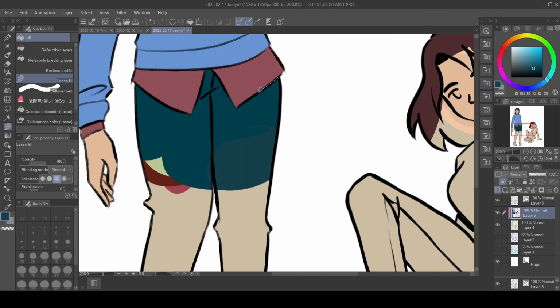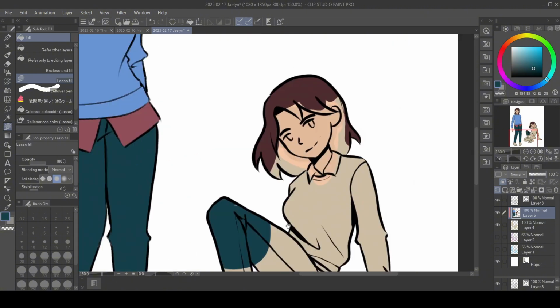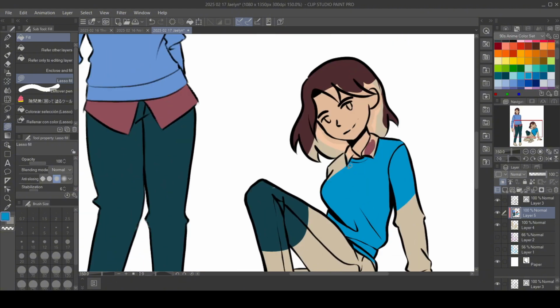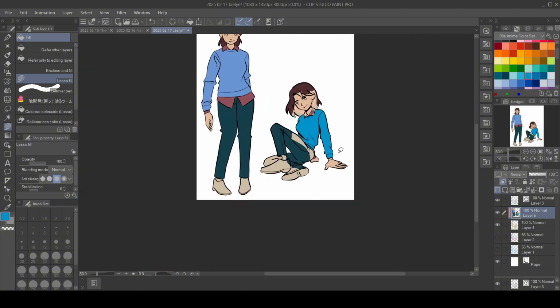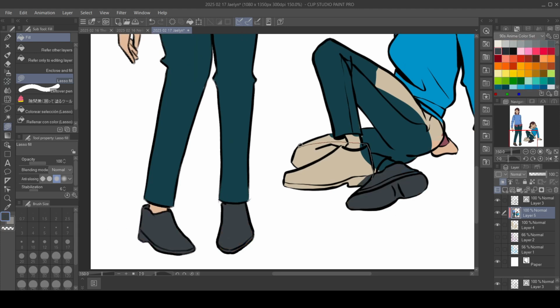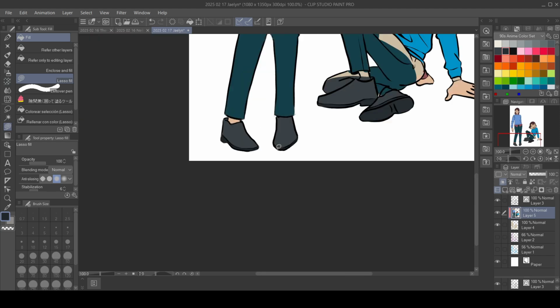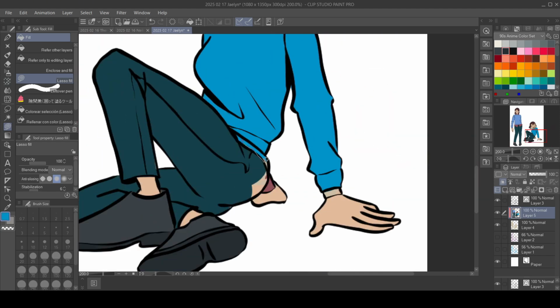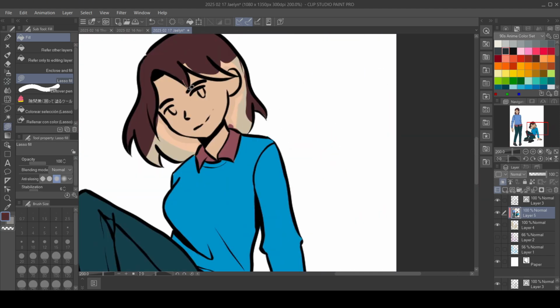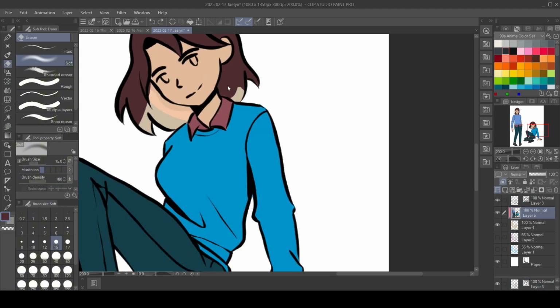I could change it, but I don't think I want to. I think she looks cute. I like her brown hair and her little bob, even though normally I hate the hairstyle bobs. But it really fit her character, and I love it. So here is Jalen. Thanks again for watching.